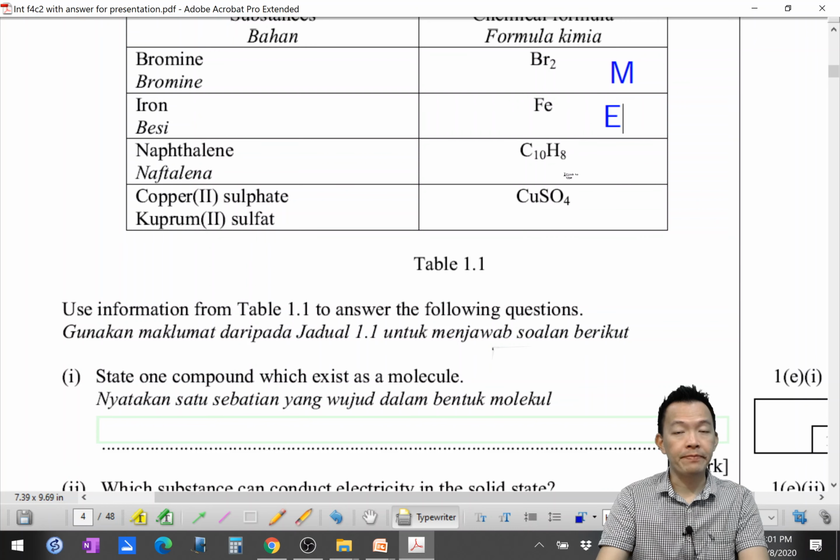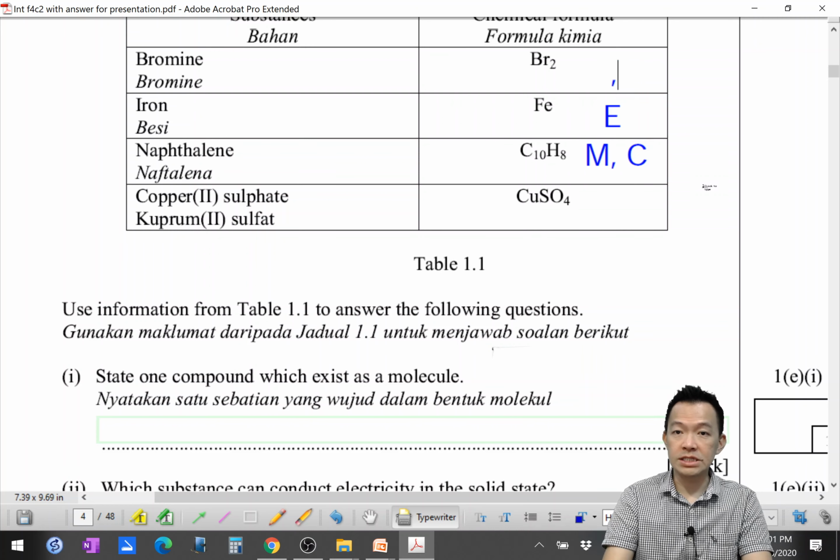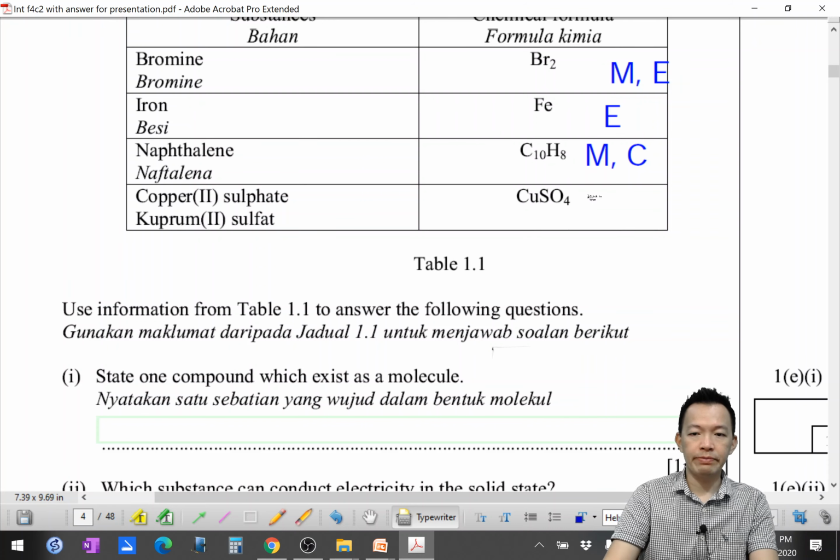So naphthalene actually is a molecule, and naphthalene is also a compound. When different elements combine chemically, 它就会变成 compound，对不对？Okay, but bromine is a molecule, this is the element made of molecules, 它是元素的分子来的。Okay, so molecule but element. Copper 2 sulfate, Copper 2 sulfate actually is a compound, but it's an ionic compound, 离子的化合物来的。